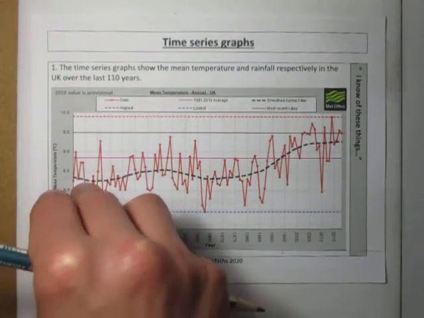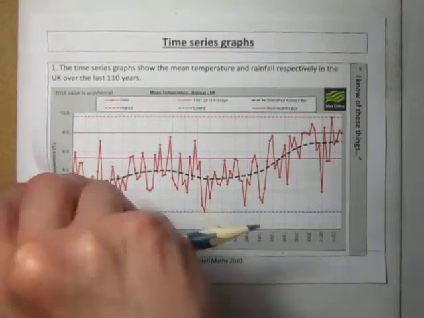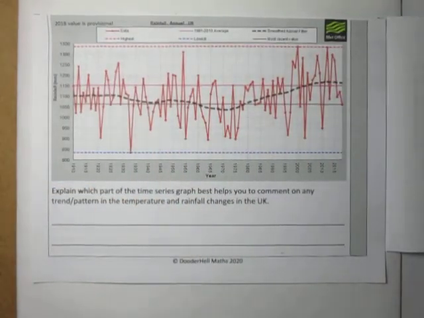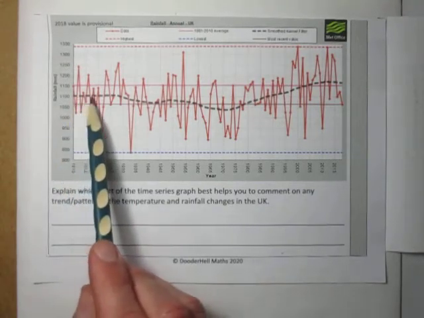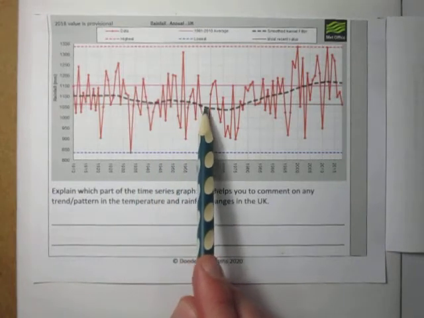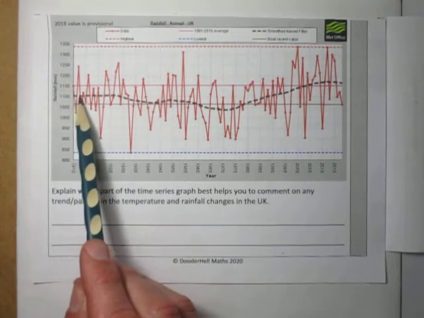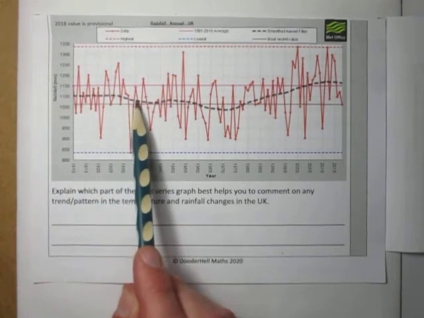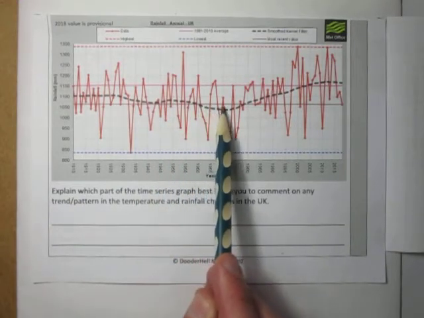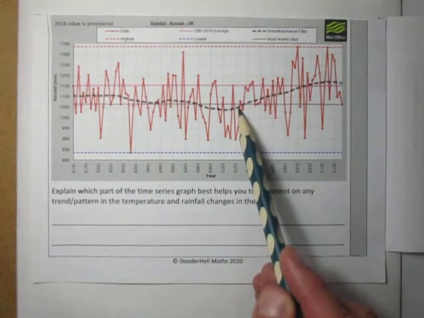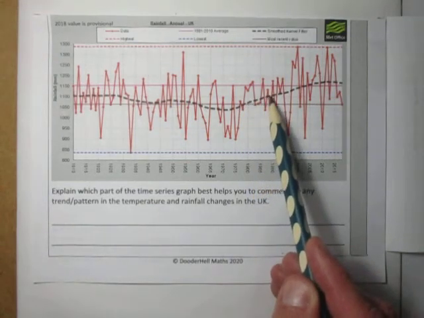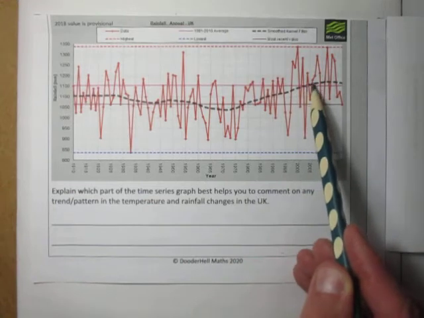Now if we have a look at the other time series graph, which looks at rainfall in the UK, again how useful all the other bits of information are is debatable. But this black dotted line through the middle, the smooth kernel filter, is a type of moving average. And we can see that the rainfall does actually decrease from 1910 through to about 1975. However, after that time, there is a very steady and continued increase in the rainfall in the UK